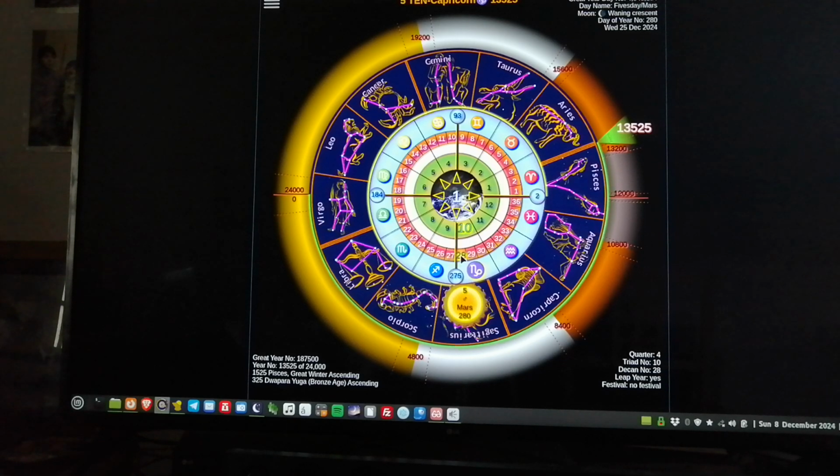It shows you what decan and which triad we're in. And the green one here shows where we are in the great year, the 24,000 year precession of the equinoxes, with 13,525 years from the peak of the golden age. But anyway, that's another video, and that's all covered in my